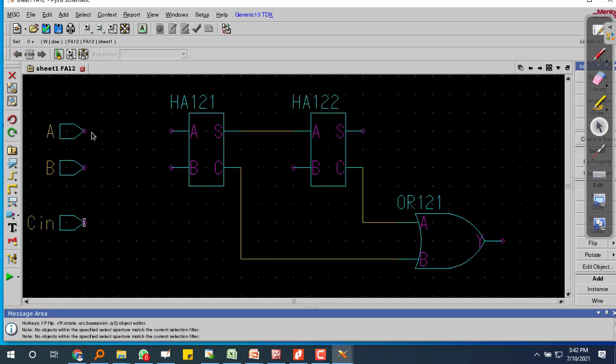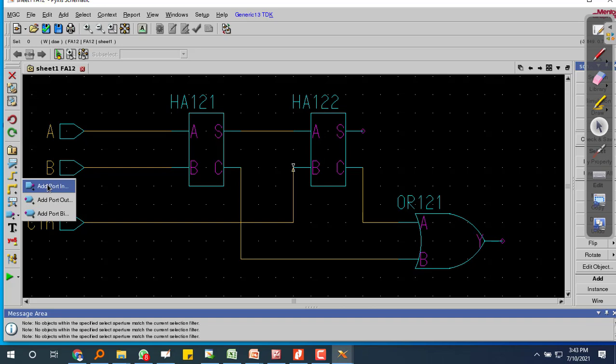So this first adder is connected to A and B. First adder is connected to A and B. Second half adder is connected to this. Now here your 2 outputs are there, no?